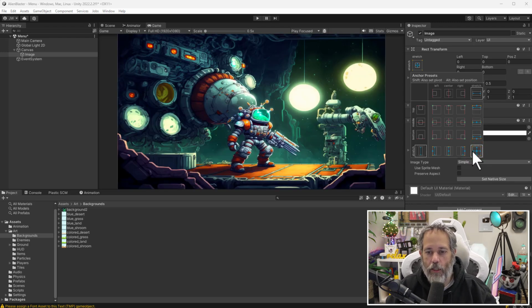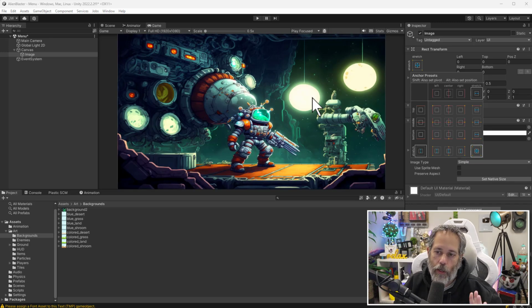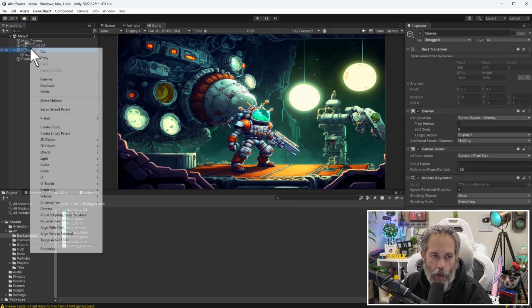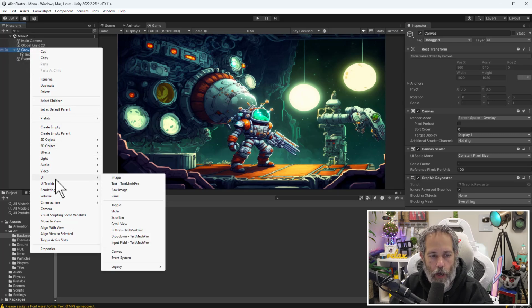You hit that and it's going to stretch and take up the entire screen. Now that we've got an idea of how to stretch and set up some images, let's add a button. We're going to add a button that's going to go up in the top left. It's going to be a level 1 button. So I'm going to right click on the canvas, go to UI, and we're going to choose Button Text Mesh